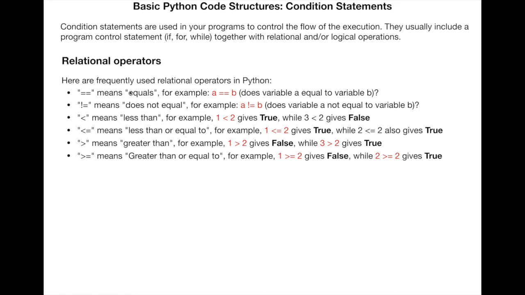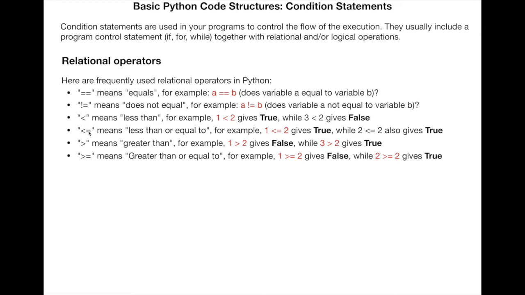Here are frequently used relational operations in Python. Double equals means equals. For example, a double equals b means: does the variable a equal b? If they're equal, then it's true. If they're not equal, then it's false. And != means does not equal. For example, if a does not equal 1, that gives you true, and otherwise it's false. So less than